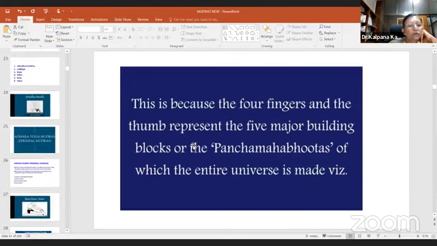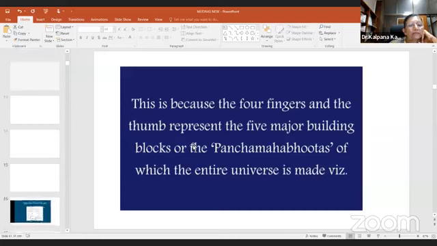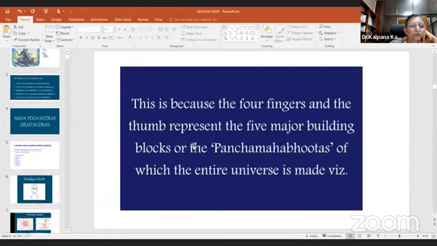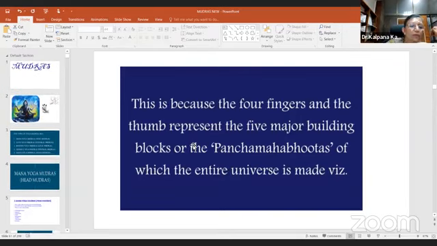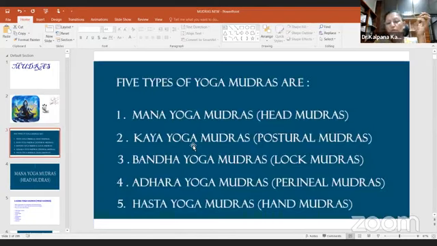Okay, so I had already explained to you the different types of mudras: the Man Yog Mudra, the Bandh Yog Mudra, the Kaya Yog Mudra, and the Hast Yog Mudra. Hast Yog Mudras are the ones for the palms, and then we come to the Adhar Yog Mudras, which are for the perineum. So I'll be dealing more with the Adhar Yog Mudras. All are very important, but maybe if we have time after the